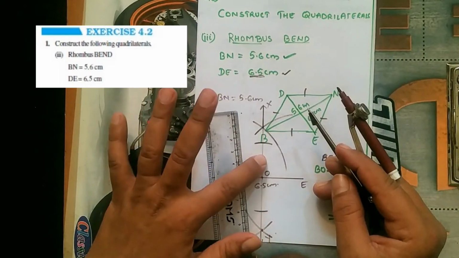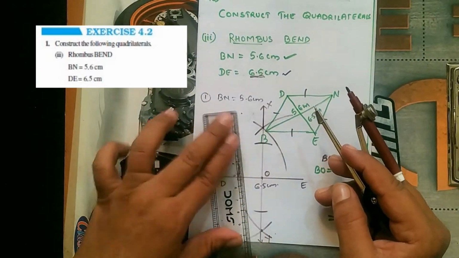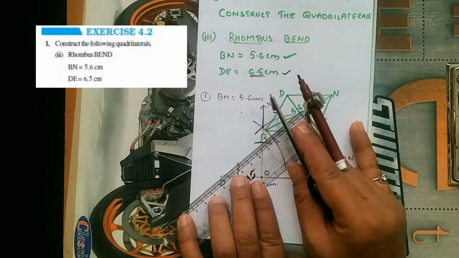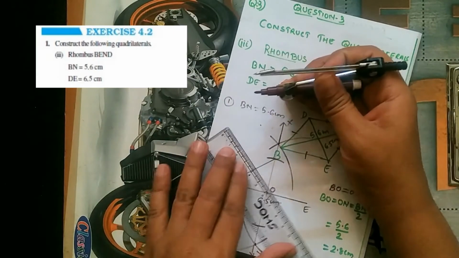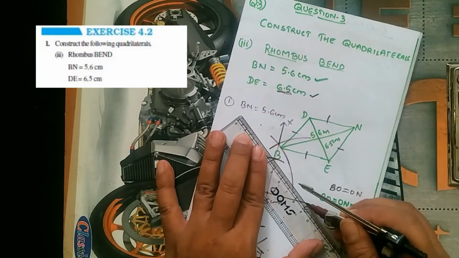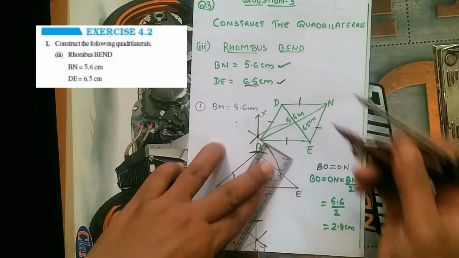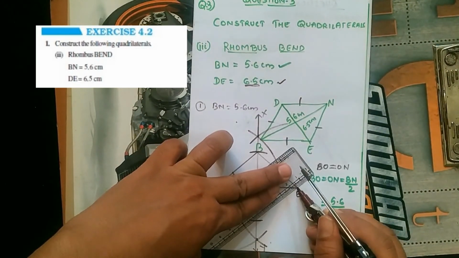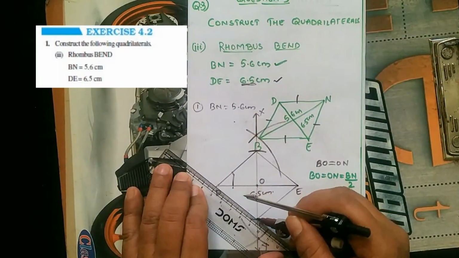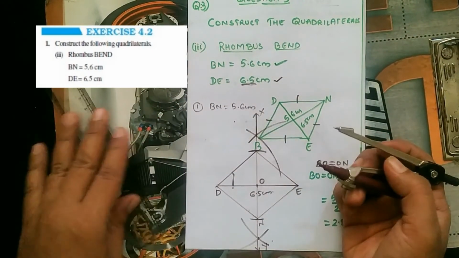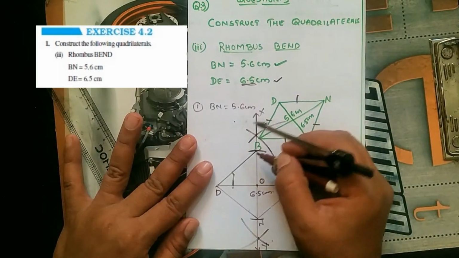So half should be here and half should be on the downside, and in this way you will get your rhombus. Join these points BO, BE, BEN and DN. So here you have got your BEND,